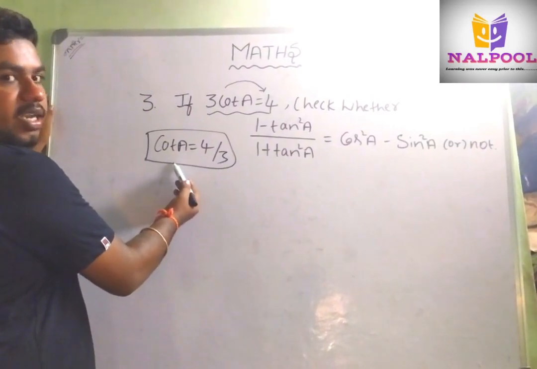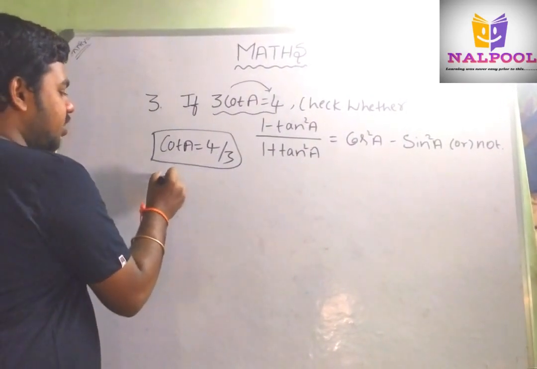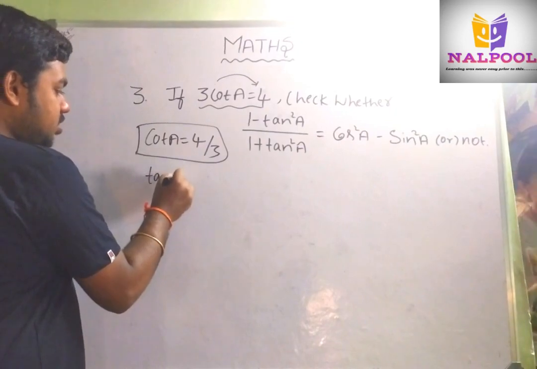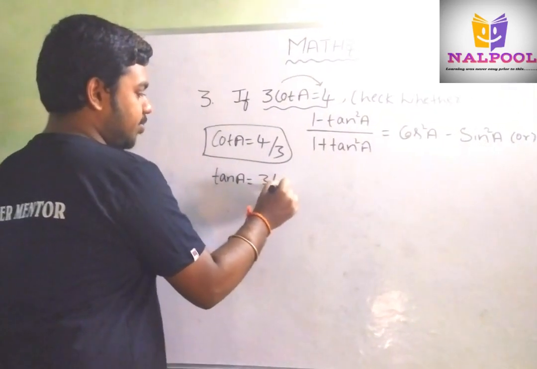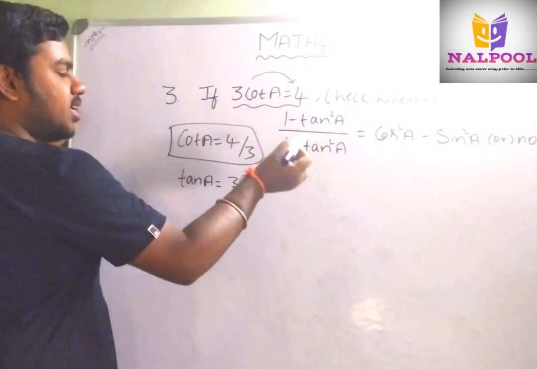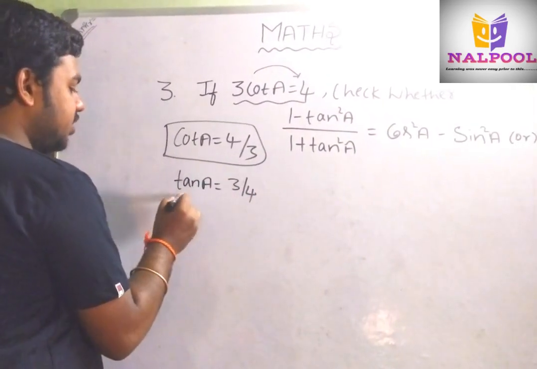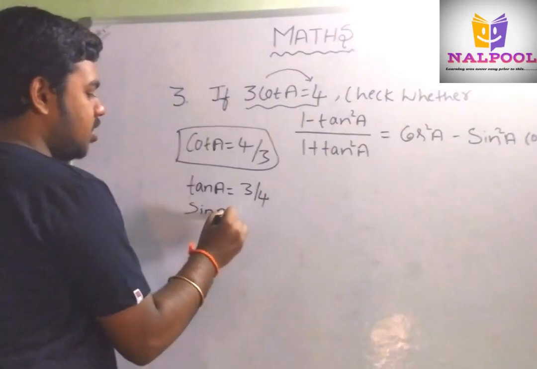Friends, they have given cot A is equal to 4 by 3. Then tan A will become how much? Simply the reciprocal of cot A, which is 3 by 4. Then we need cos A. Before that, we have to find sin A. Sin A is defined by opposite by